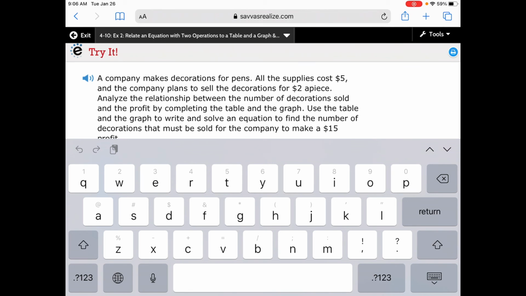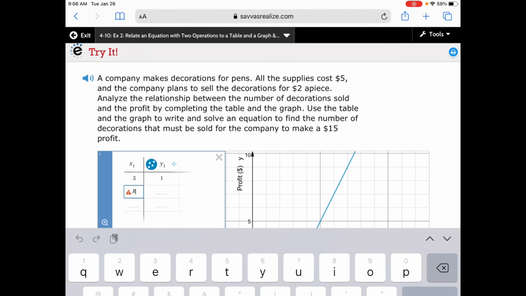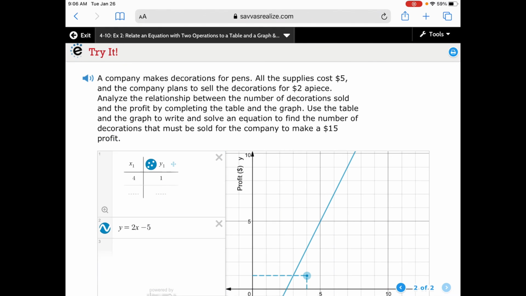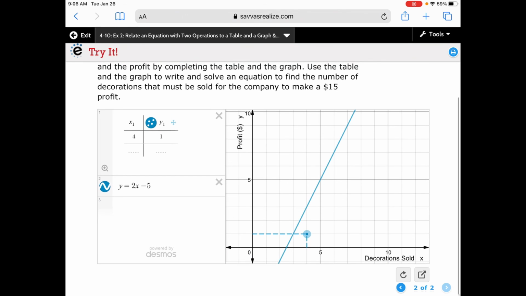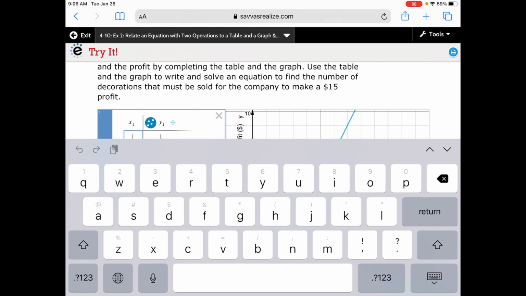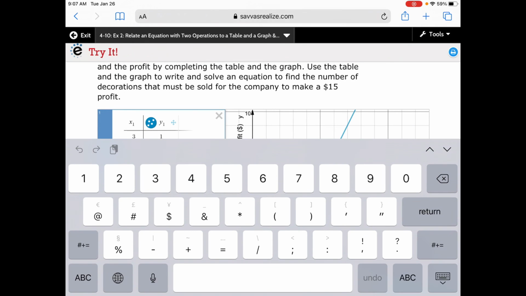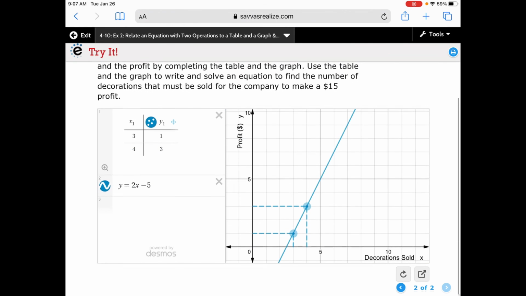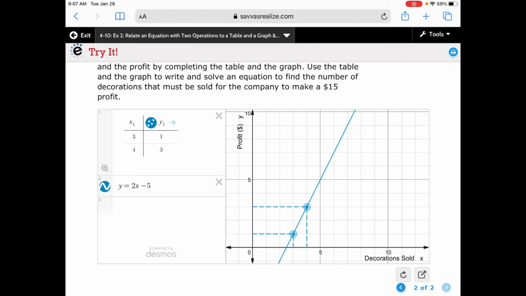And then for the next one, we'll have 4, and then that's going to be 3. So we have 3, 1, and then 4, 3, and then let's see if we can do any other ones. All right, so we still have that same equation. Here's our graph. All right, and then we can see that at